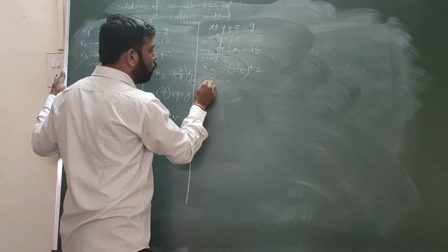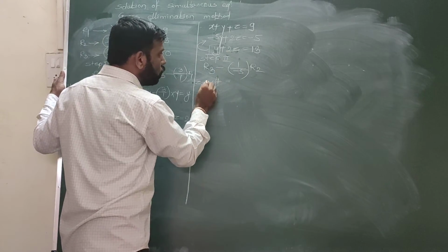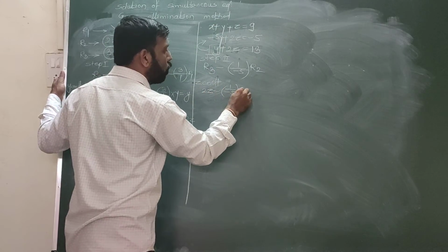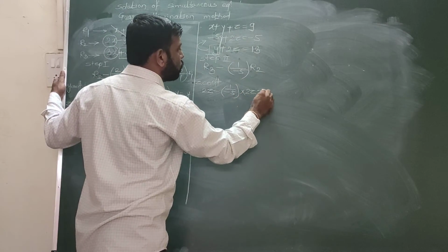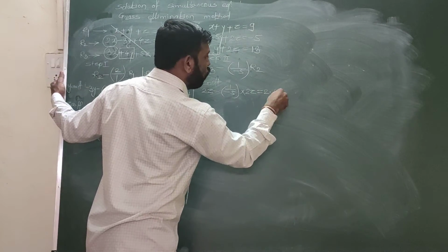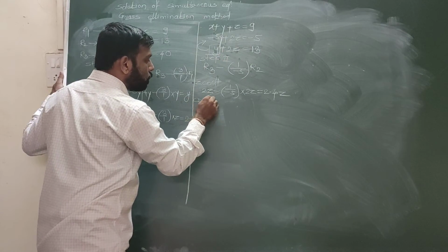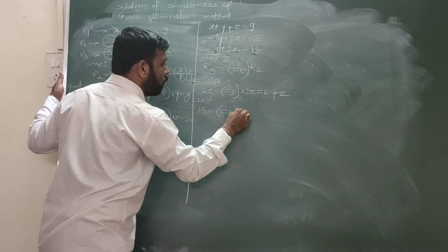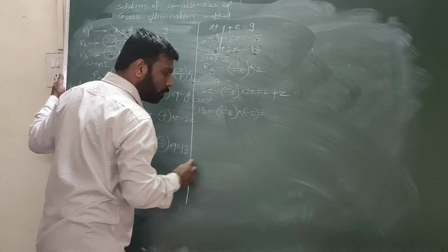What will we get for the z coefficient? Calculation: R3 2z minus 1 upon minus 5 times its R2 coefficient 2z. The output of this is 2.4z. Next, the constant: 13 minus the multiplying factor times its R2 constant, minus 5. The output of this is 12.